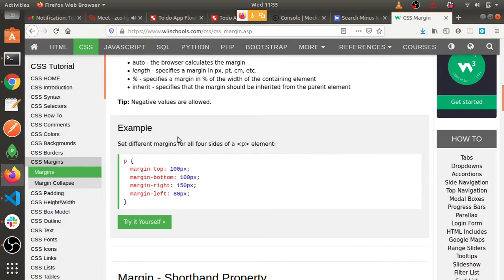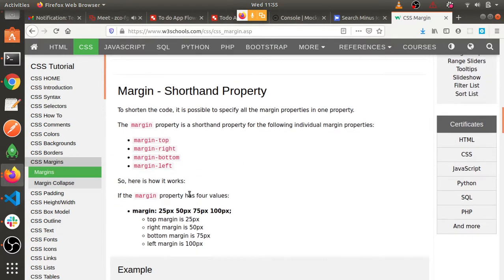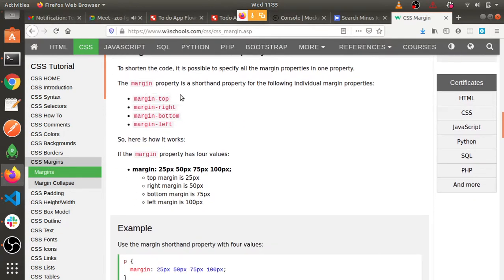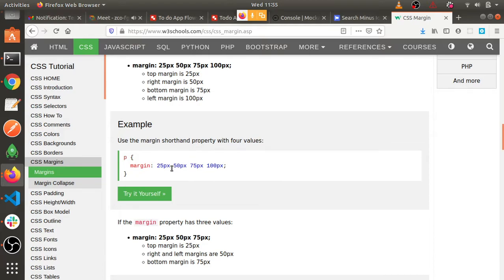And this thing is shorthand. So this is for the top, right, bottom, left. It goes clockwise, starting from top, right, bottom, left. Got it?